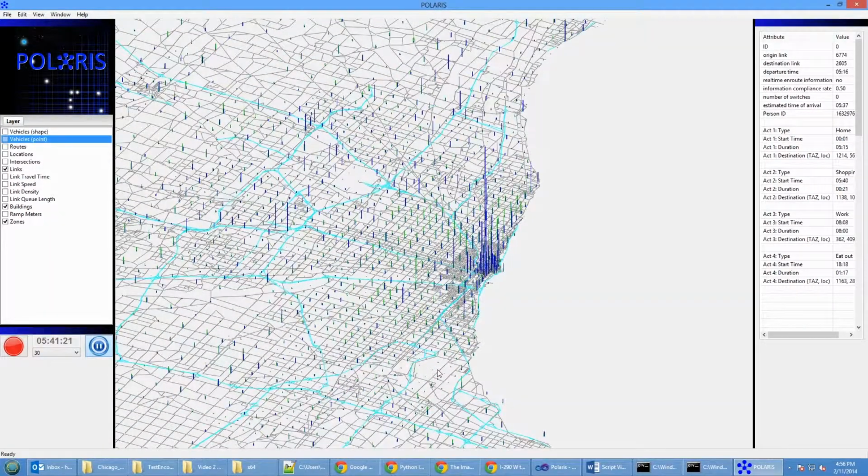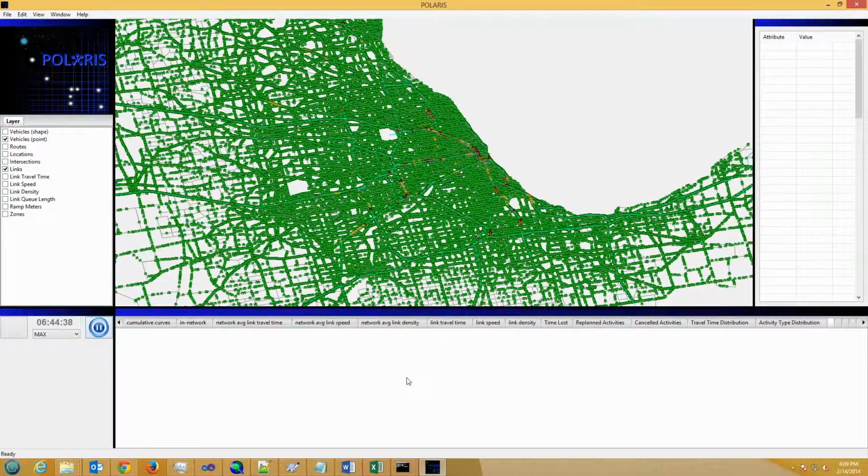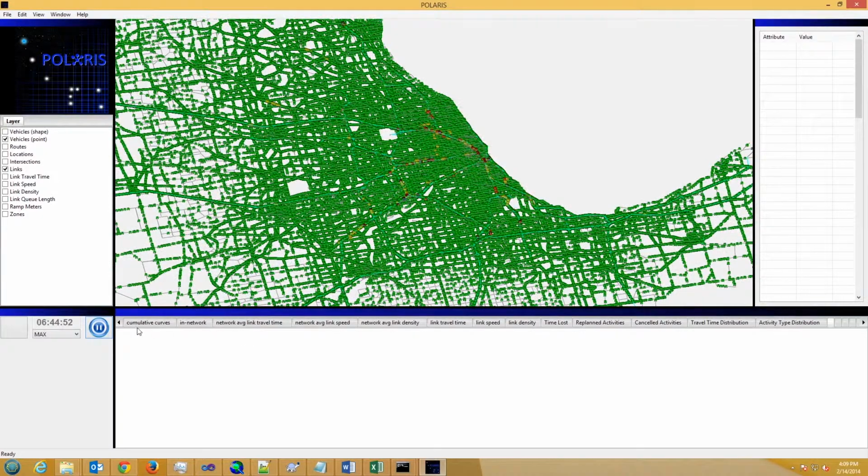The demand for the current simulation shows the downtown region of Chicago is attracting many trips and producing few trips in the AM period, as would be expected of a central business district region. It is useful to be able to perform such spot checks when evaluating the performance of the model. The visualizer also currently has several automatically generated plots showing aggregate demand characteristics, which are updated as the simulation progresses. I will pause the simulation so we can look at several of the plots.